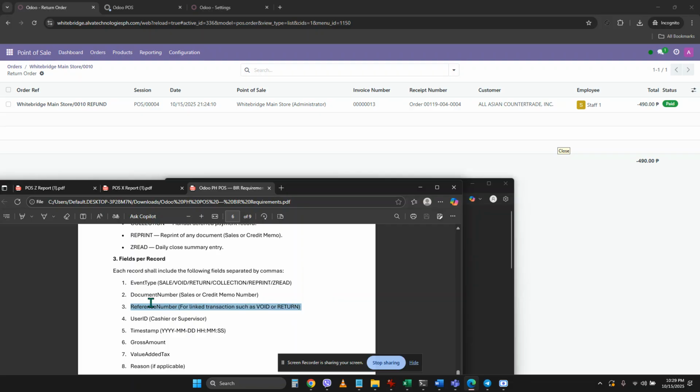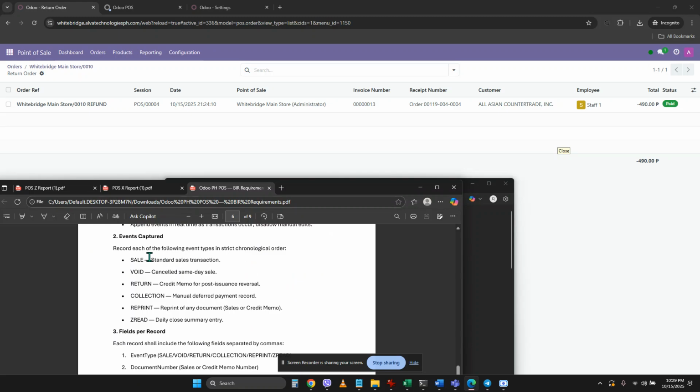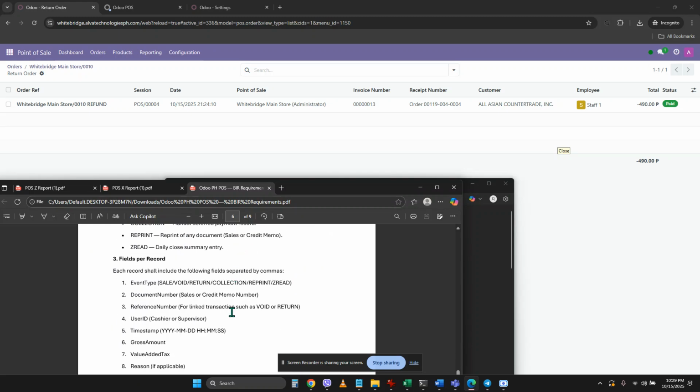So there is an expanded view for existing sales with the document number, which is the receipt number, sorry, the invoice number, and if there's any reference for void and return, that is in chronological order. As the sales have been happening, there must be an order in time, so chronologically ordered.